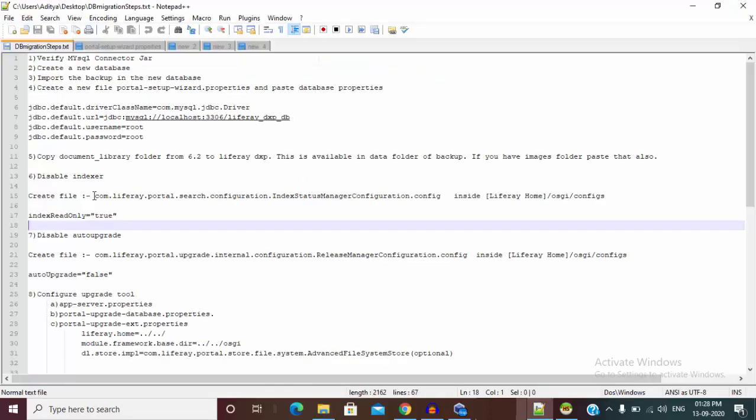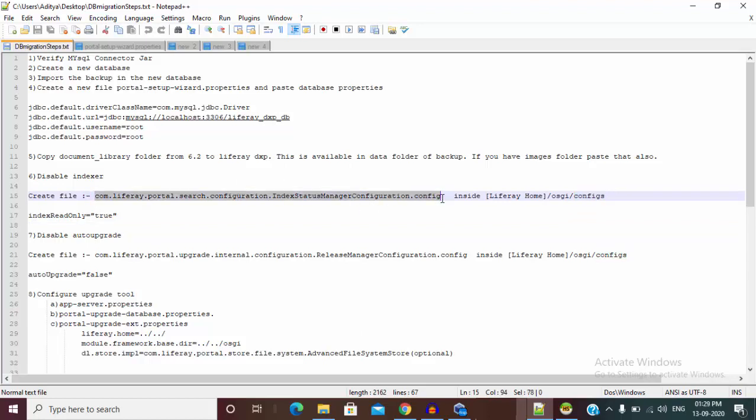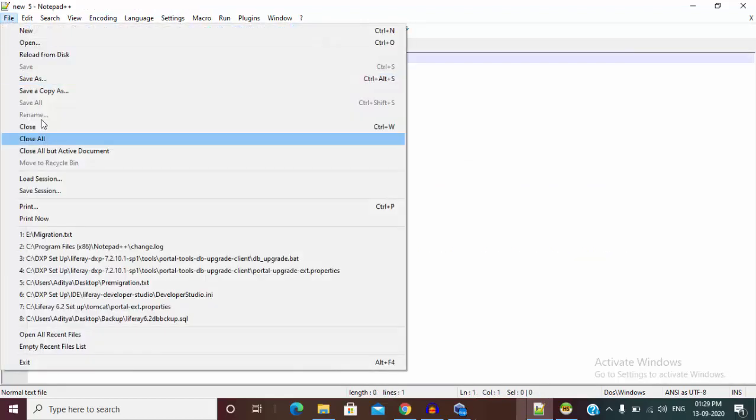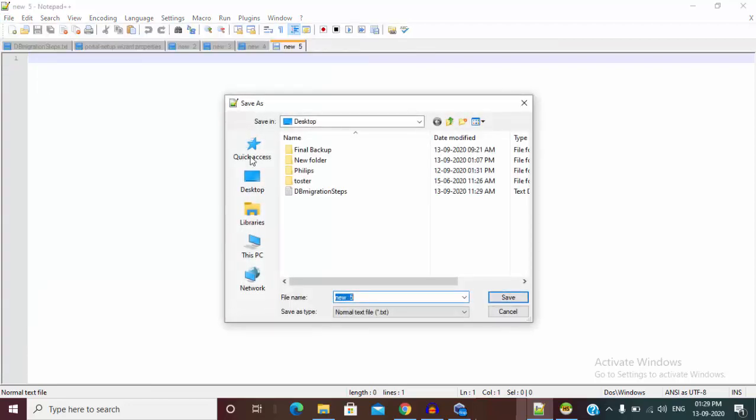After this we need to create one file inside the config folder. Let me just copy the name, Ctrl C, and create one file and save as.